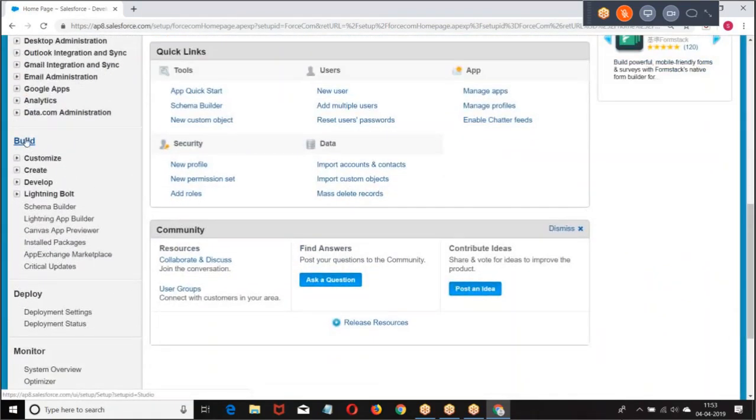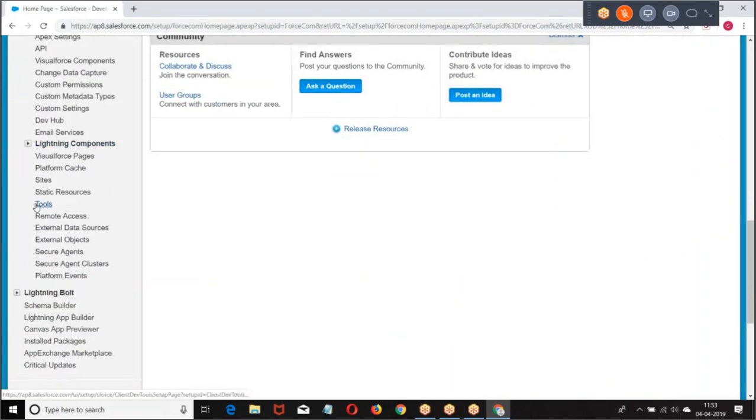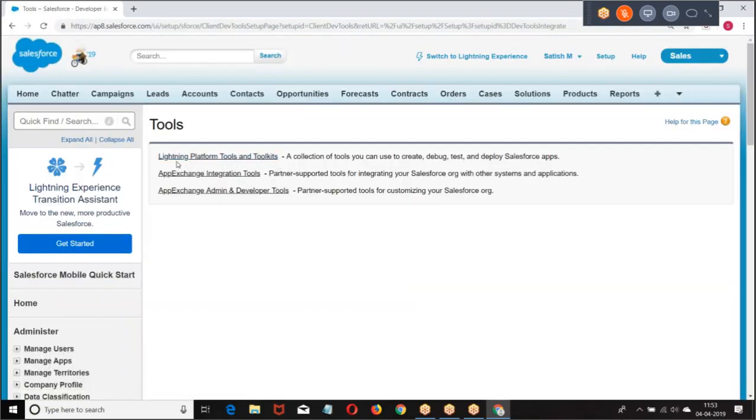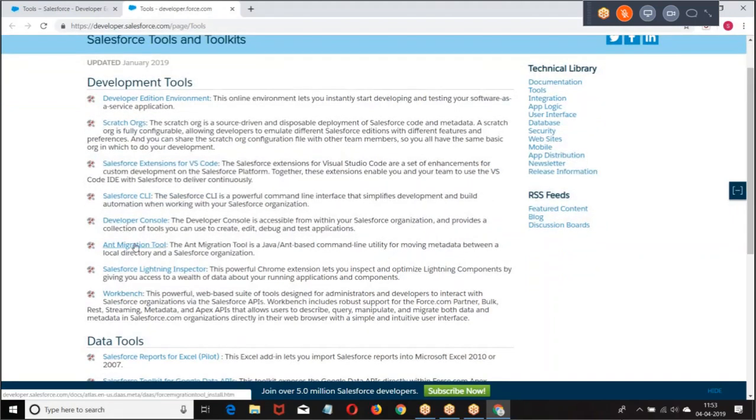Then we have build, develop, tools, Lightning platform tools, then we have ANT migration tool.